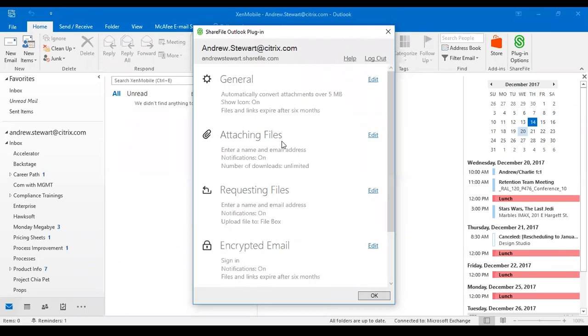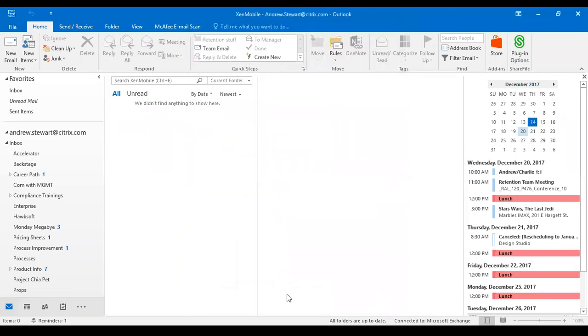We can make them sign in and actually create a client account that we can then manage on the back end. Or we could allow anonymous access, so whomever has that link is able to open the files securely. And the same goes for requesting files back from your customer. So when I click in and open up a new email,